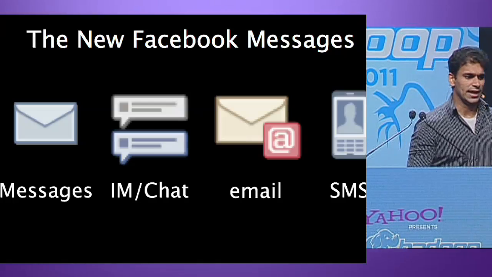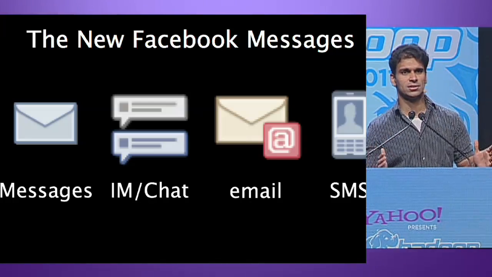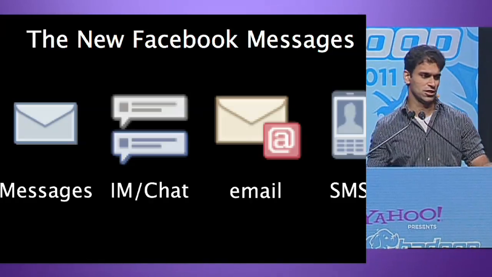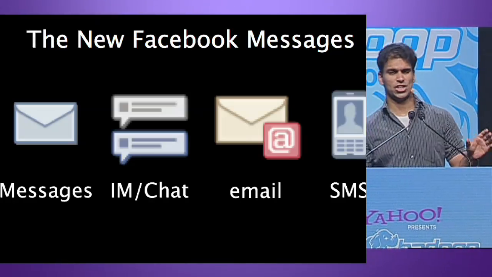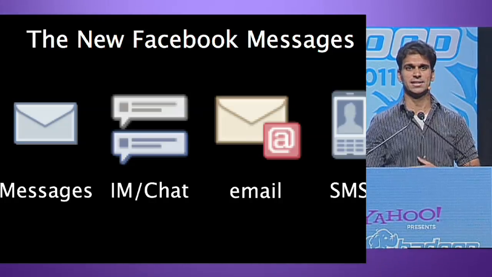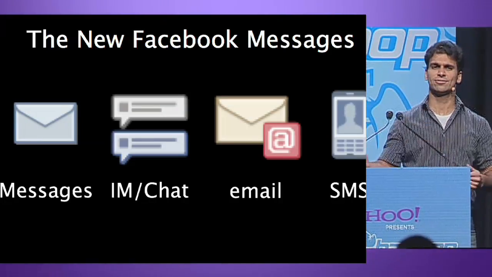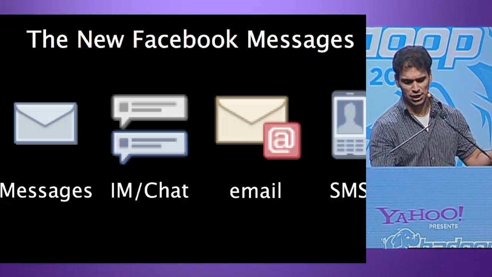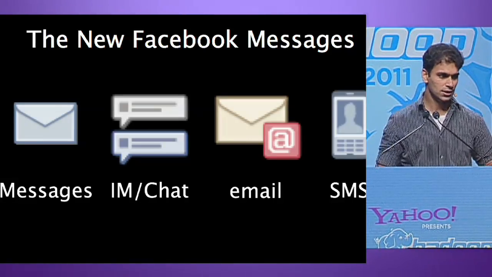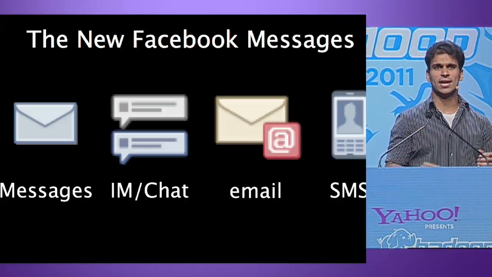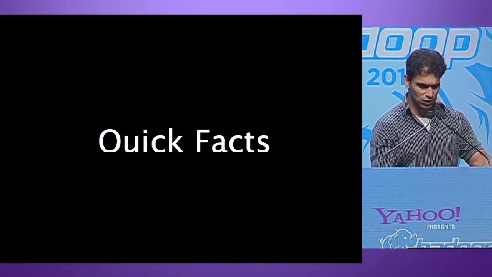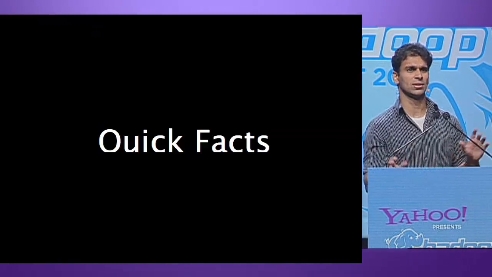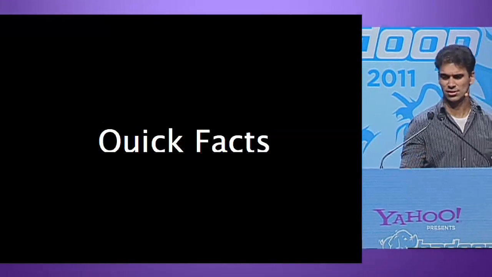In order to achieve that, what we did was combine the different channels of messaging under one umbrella. So you have the traditional Facebook legacy messages, the chat messages, emails, and SMS. Bringing all that inside, you don't really have to care about how a person receives it. The person getting the message can opt for whichever option and receive it in that fashion. With that background, I'm going to give you some quick facts. We used HBase, HDFS, and MapReduce quite heavily to put this into production, so that's going to be the central theme behind the talk.